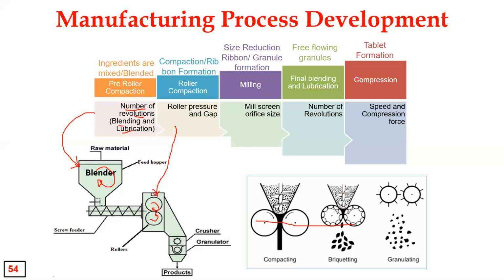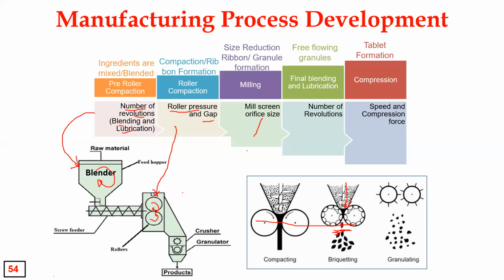And once the material comes inside from here, it will be compressed into bands, rubber-like structures, patches, right? So now here, what process parameters do they consider critical? One is the roller pressure and the gap, both are interrelated. So if you maintain more gap between these two rollers, there is less pressure and the formation of less tensile strength or less mechanical strength, and vice versa. So that also they have determined.